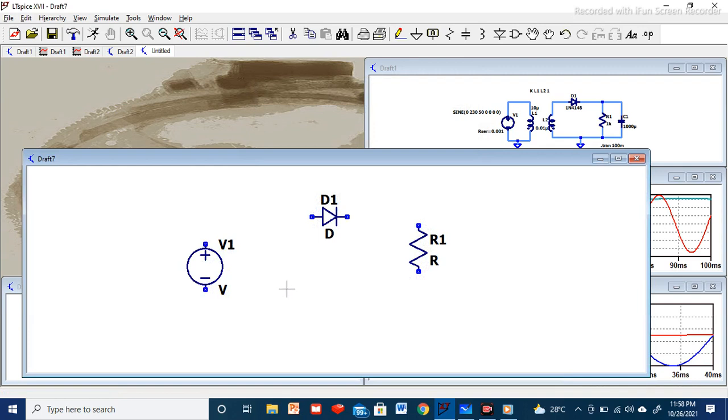Then we have to select the inductor. One inductor will be placed here, and for another inductor, when placing it, you have to press Control E, so it gets the mirror image of L1. Place it here, then escape. Now two inductors are available, plus one diode, one resistor, and one voltage supply.